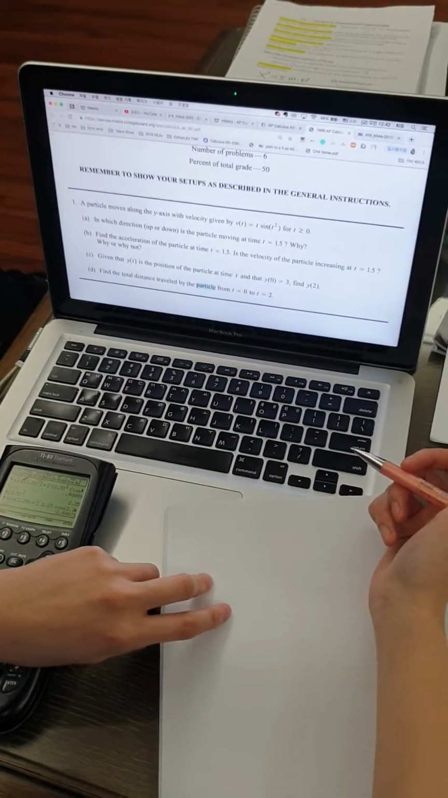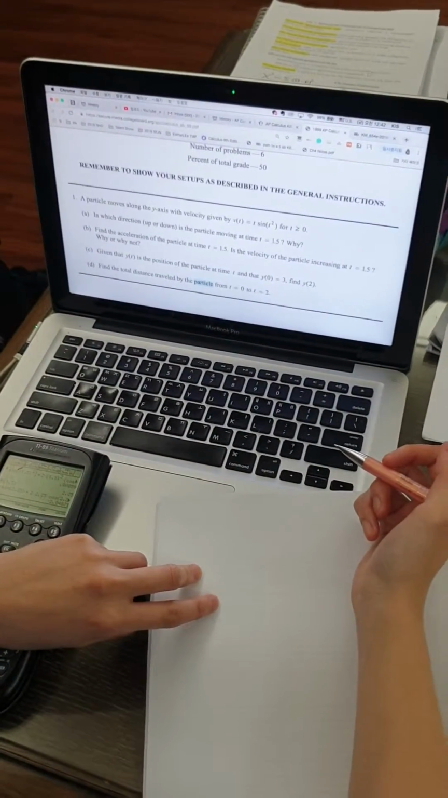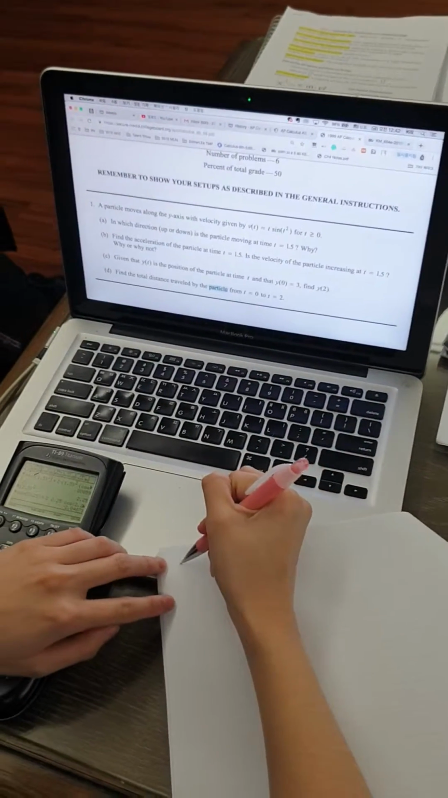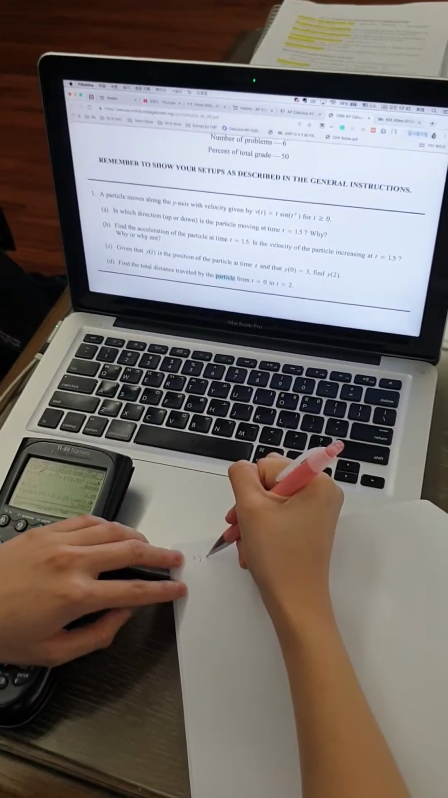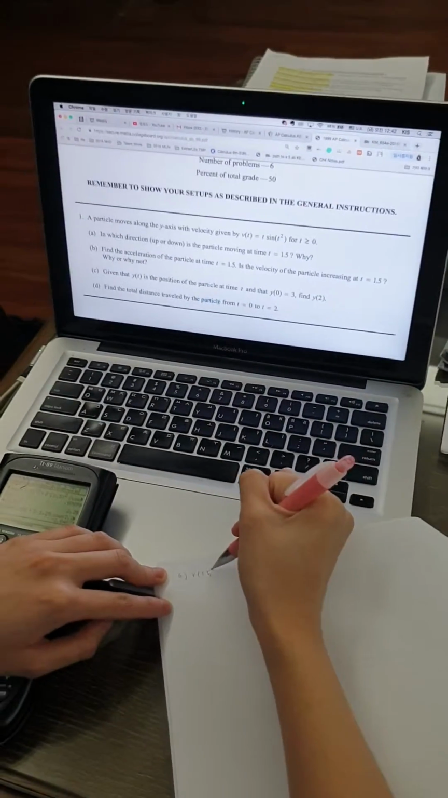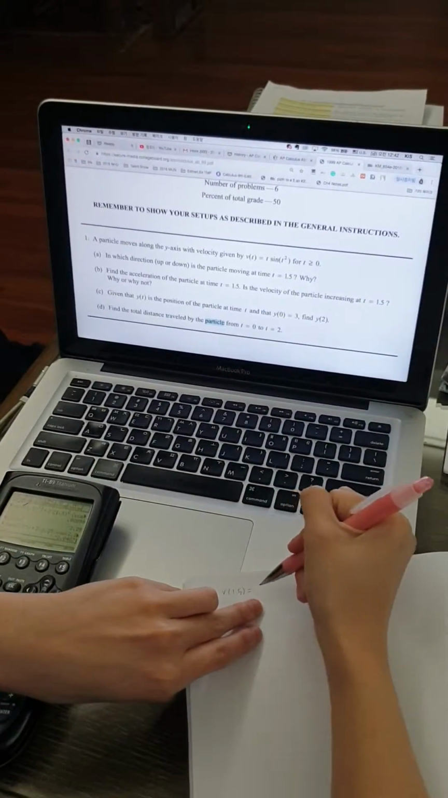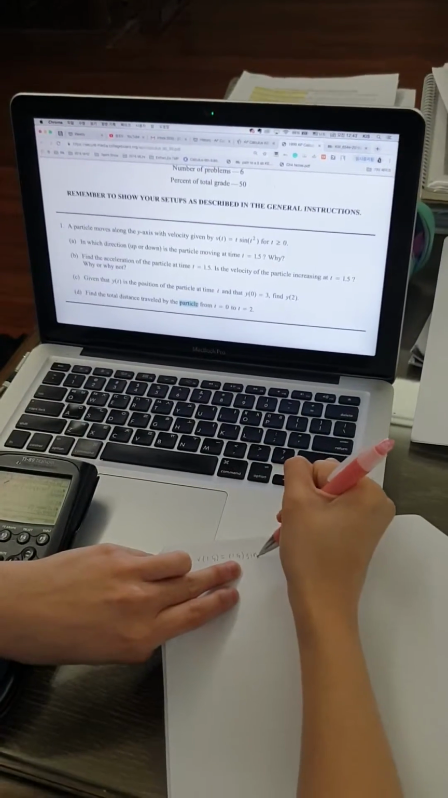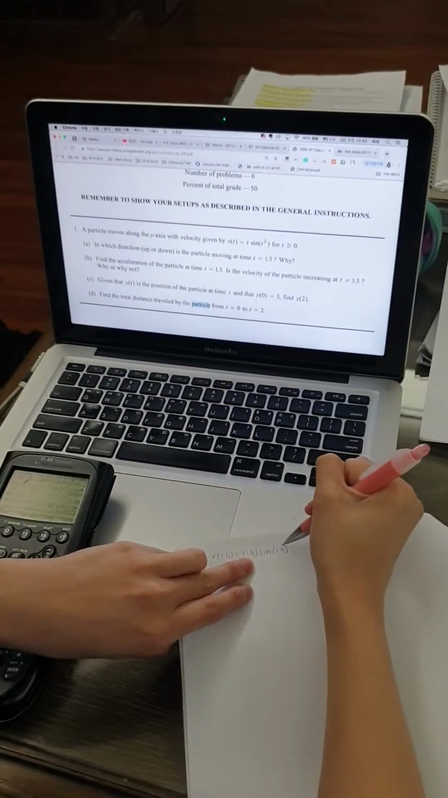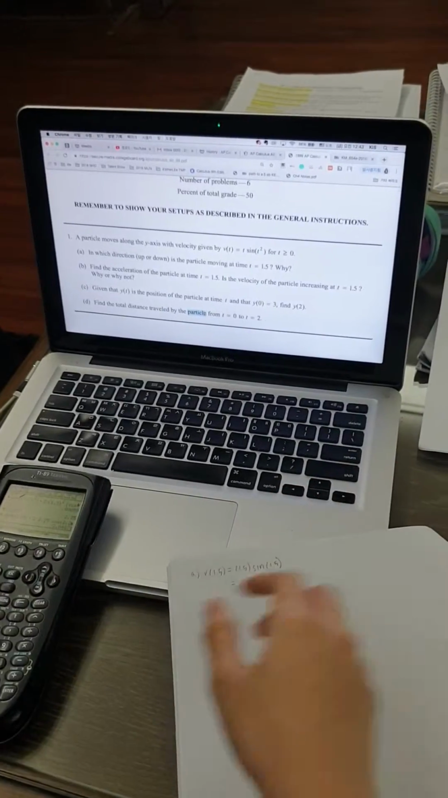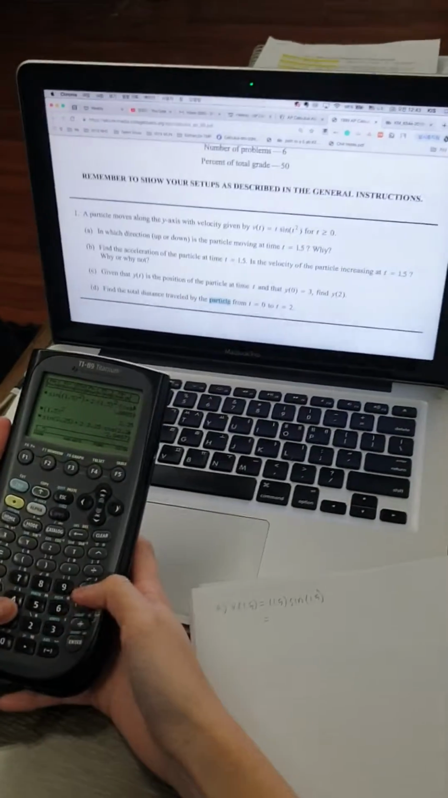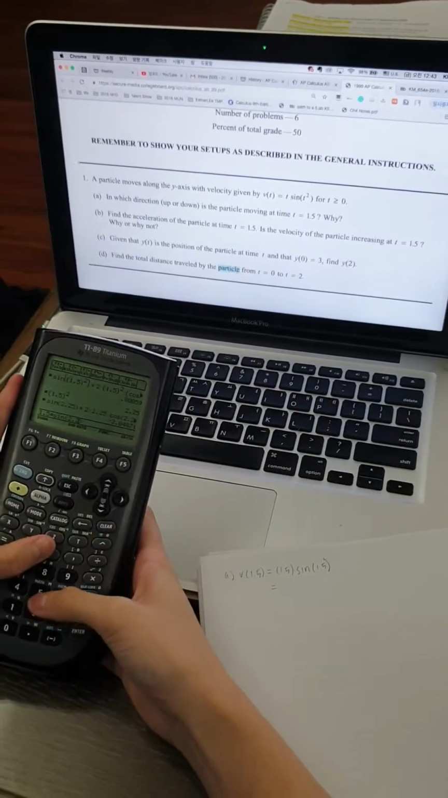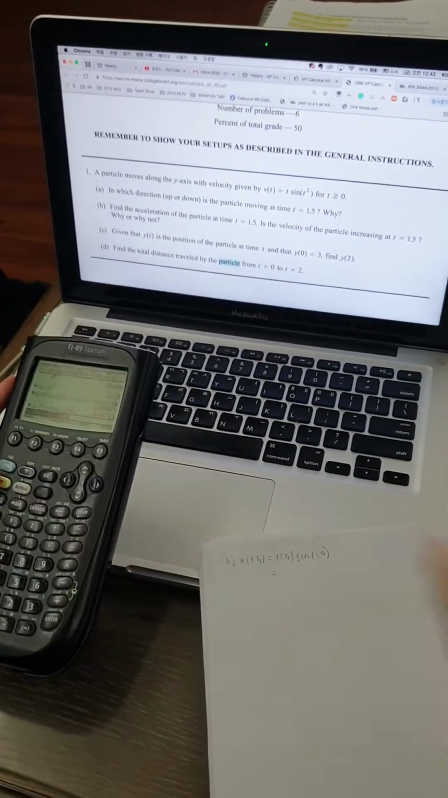Okay, 1a asks if the particle is moving up or down at time t equals 1.5. The problem gives us the formula for v of t, so the only thing you have to do is plug in the value. So v of 1.5, and it's a calculator active question, so once you multiply 1.5 by sine 2.25, which is 1.5 squared, you're going to get